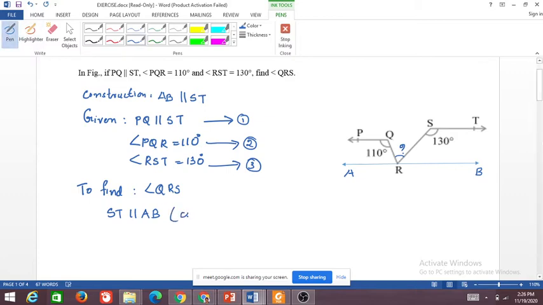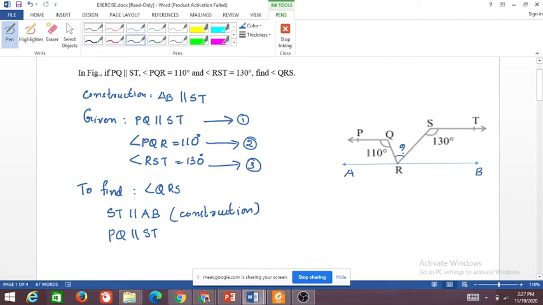This is by construction, and so PQ is parallel to ST. Okay, then as ST and AB are parallel, even PQ and AB will be parallel, no, ma'am. By the theorem. Okay, first state that name of the theorem.